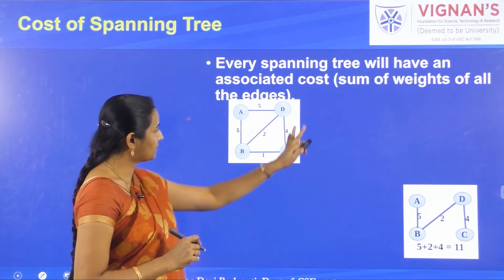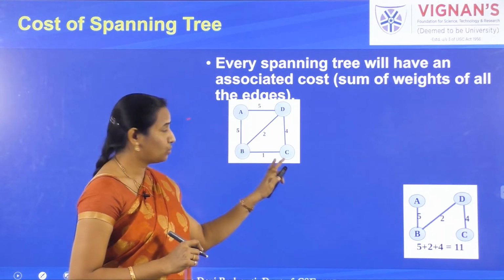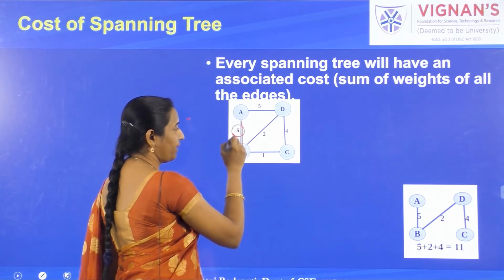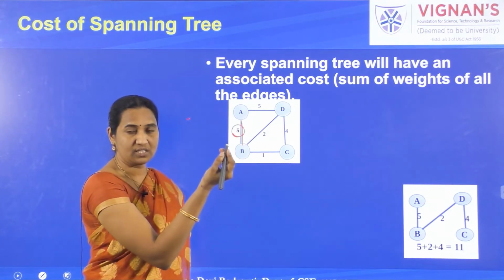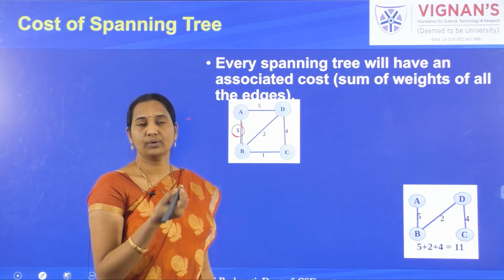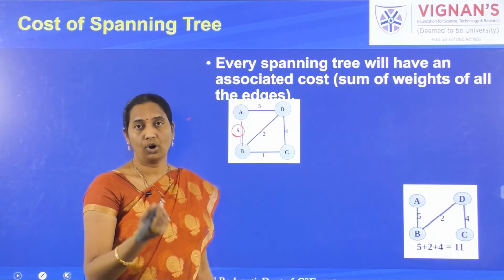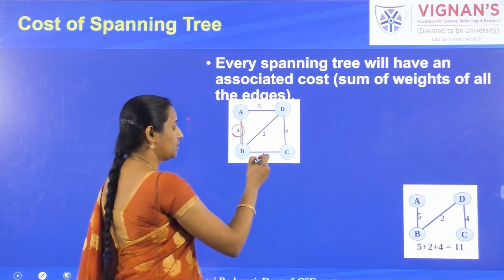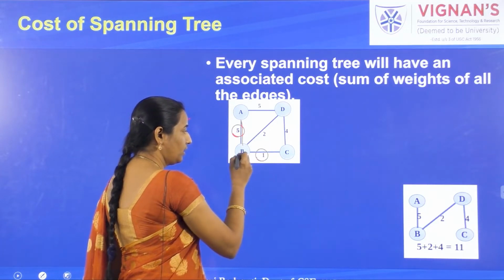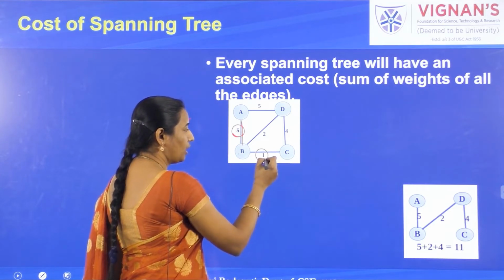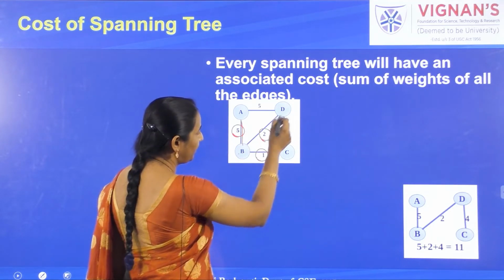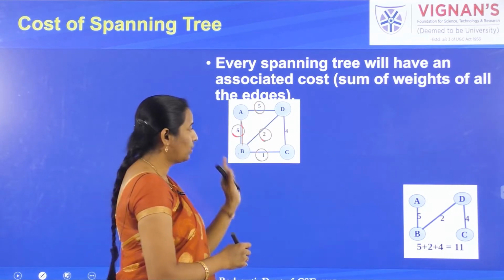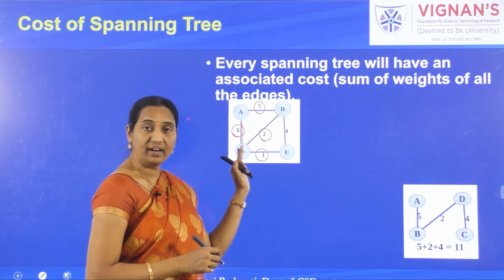So that can be treated as the cost of the spanning tree. Say for example, consider this weighted graph which is having weights for every edge. Say for example, for this edge the weight is 5. That is, you can consider it as cost. So depending on the application, you can treat the weight as the cost or distance or the value or profit or whatever it is. It depends on the application you are considering. Between B and C, the cost is 1. Between the edges B and D, the cost is 2. Between the edges A and D, it is 5. So on and so forth. For every edge, you are given a cost.